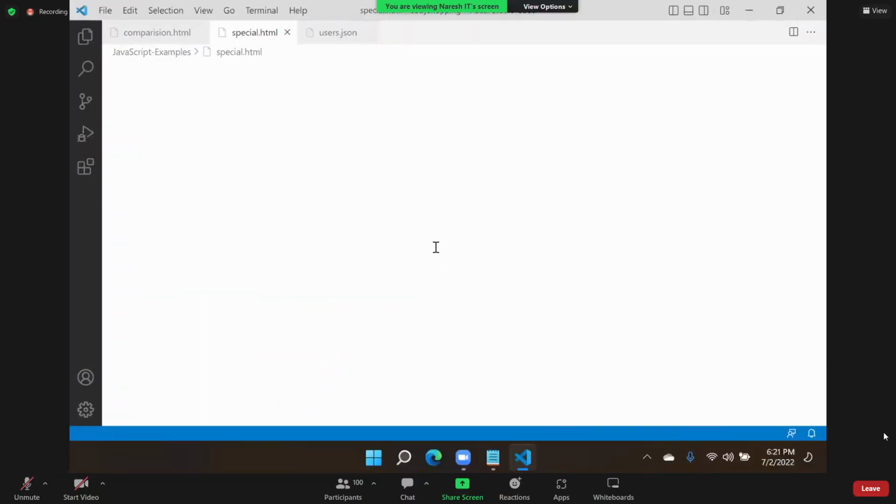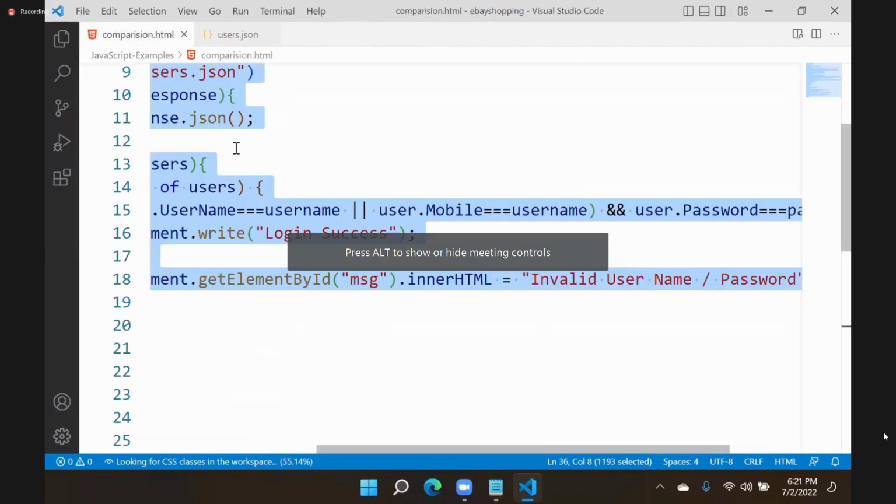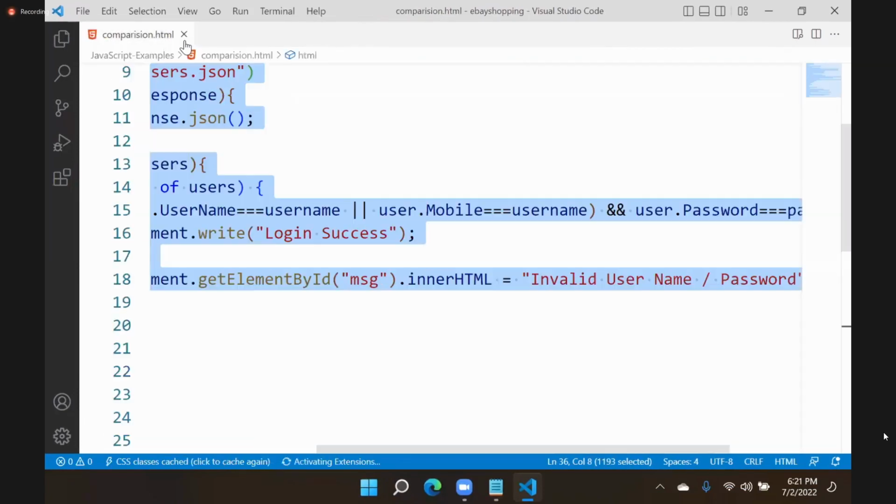What is simple decision making? That means it will have one alternative. Suppose we are creating